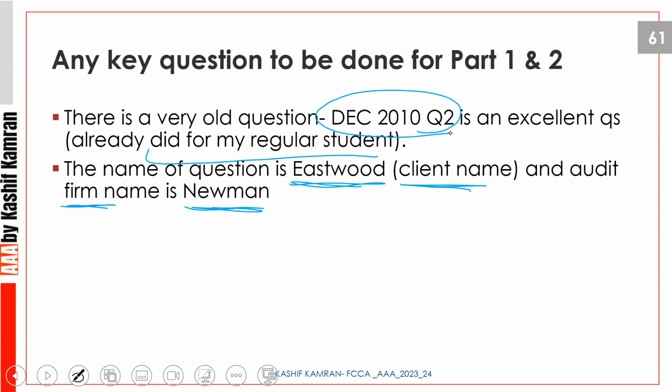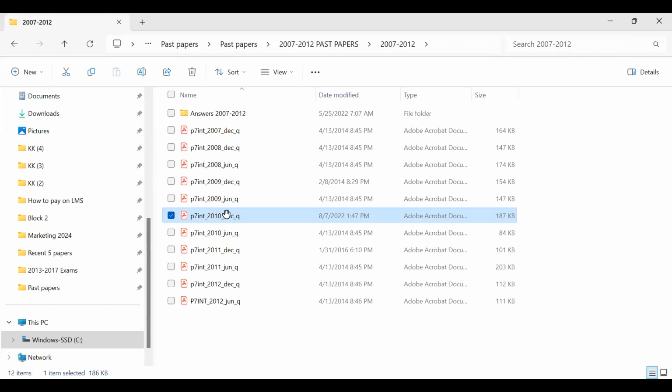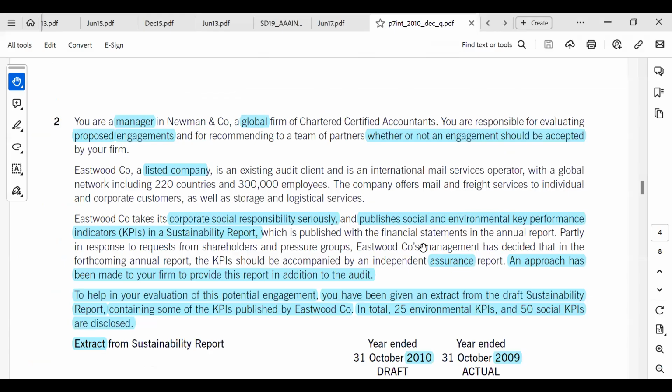If I can just show you that on your screen. Can you see a question on your screen now in front of you, all of you? Okay, you can't see the question, or you can see a question. Okay, just 1 minute. Can you now see a question? December 10, question number 2, very old one. Please ensure you find it on Google. My regular students will have access to that.